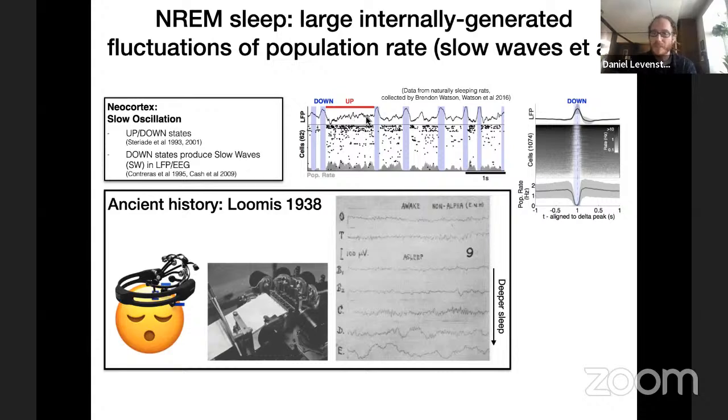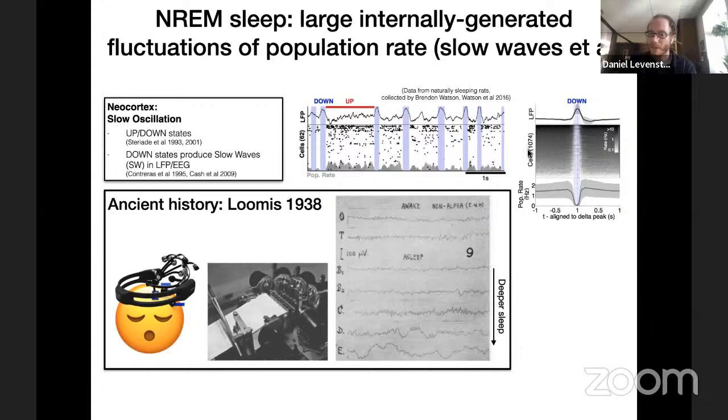And on top, you can see the LFP, or the intracranial equivalent of the EEG. And below, you can see the spiking activity of 62 simultaneously recorded neurons in the cortex. And notice that every time you have one of these large positive deflections of the LFP, you have silence in all of the neurons that we've recorded nearby. And we see this on the population level.